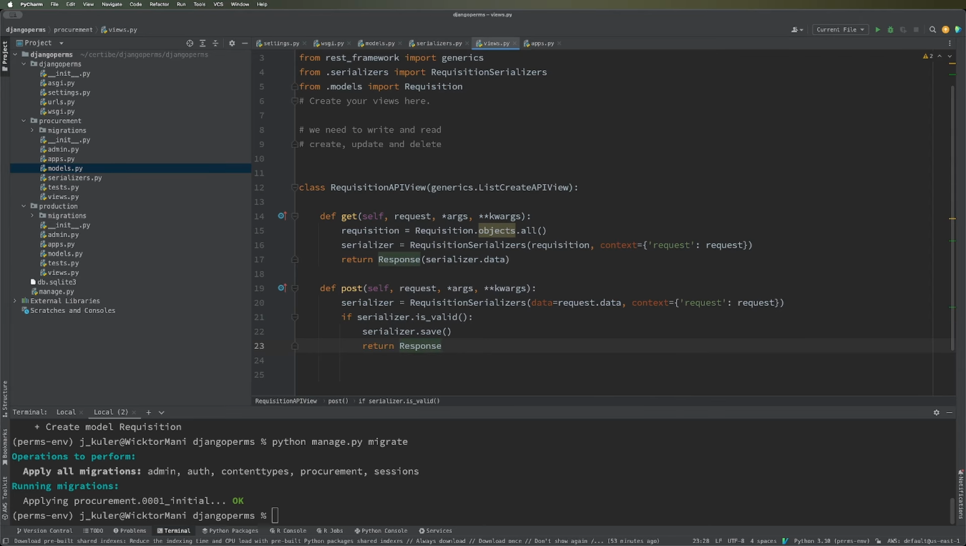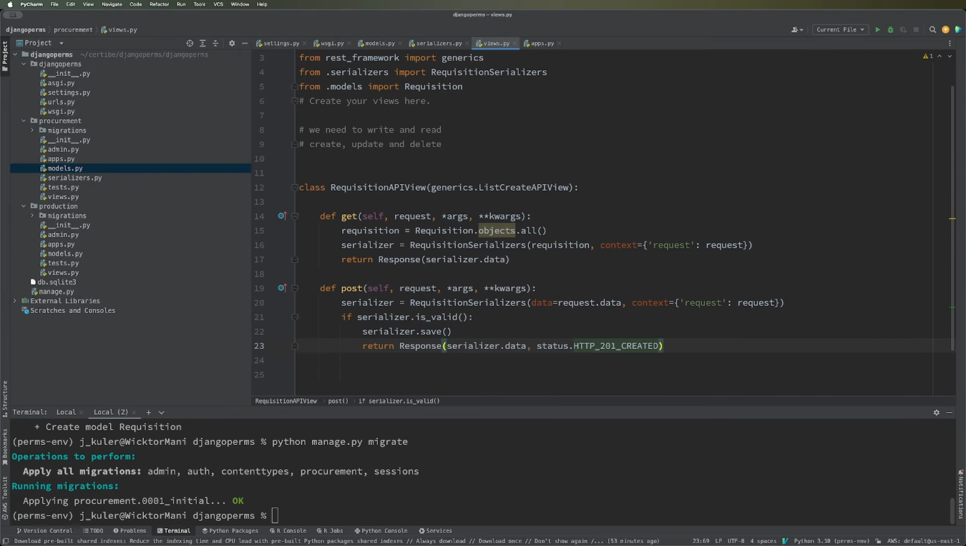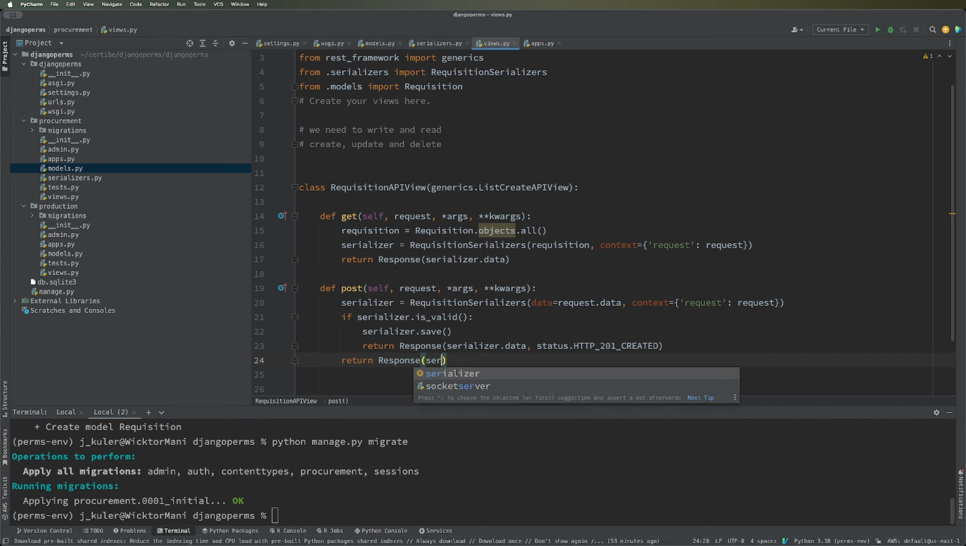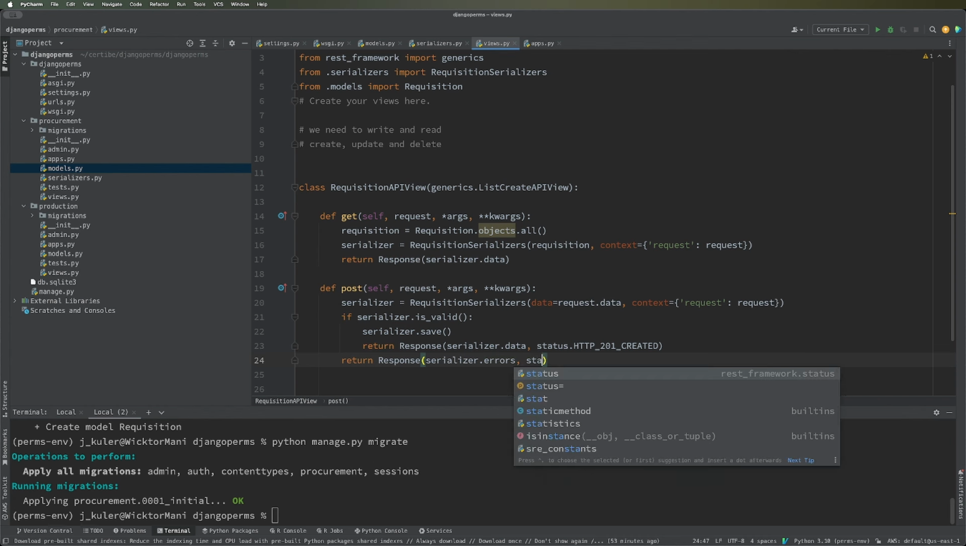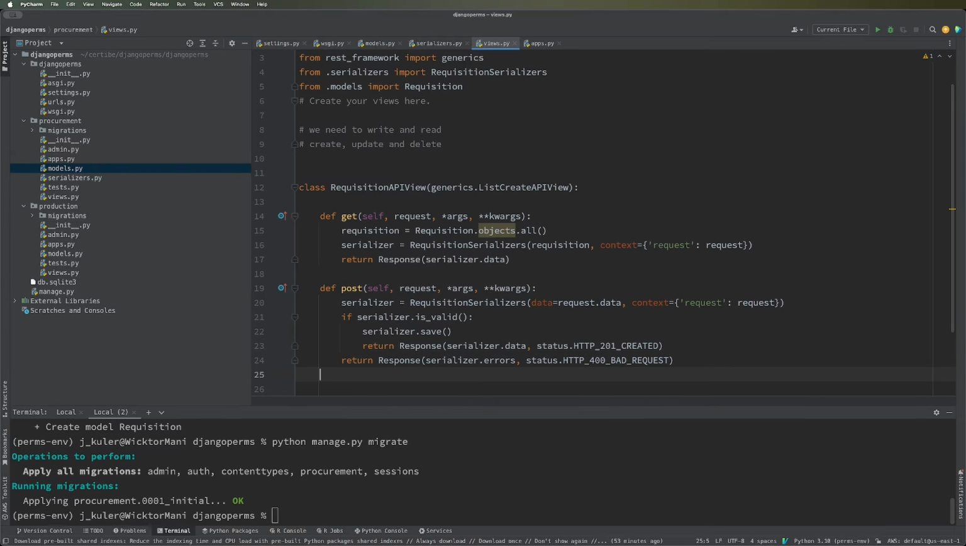response, serializer data, status, HTTP 201. Some people say 201, but it's not English, it's 201. Return response, serializer errors. If there is an error, we pass status, HTTP bad request 400. Okay, so